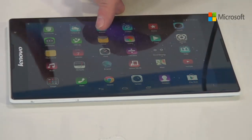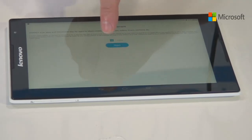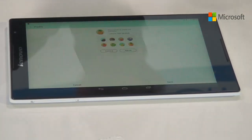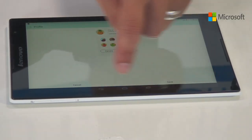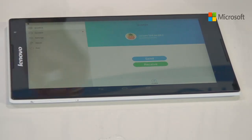You can actually share between any Android tablet with just a push of a button. That's interesting. So I can just share a picture or video. Anything. So basically, let me just go in here real quick. Send, receive. So basically, you can send anything to any other Android that has a shared program. You can share the shared program to any Android product, and then you can share videos, pictures, applications, anything you